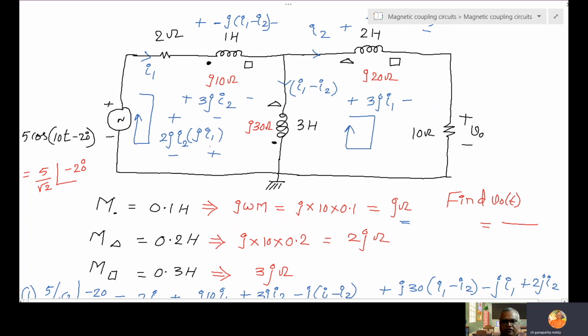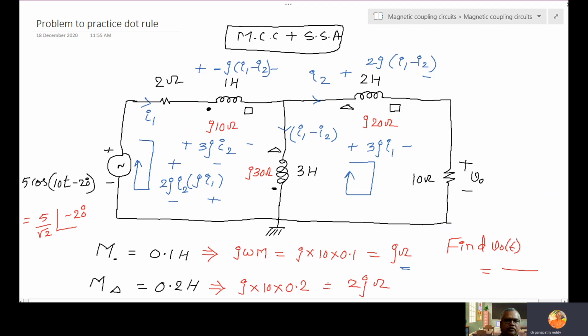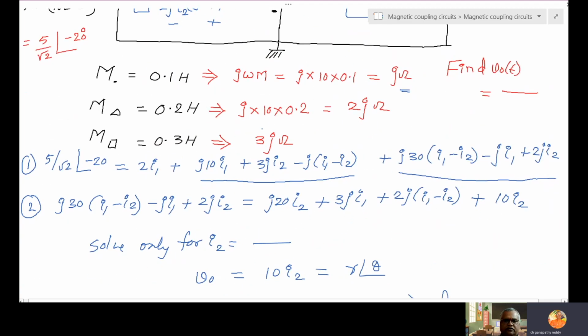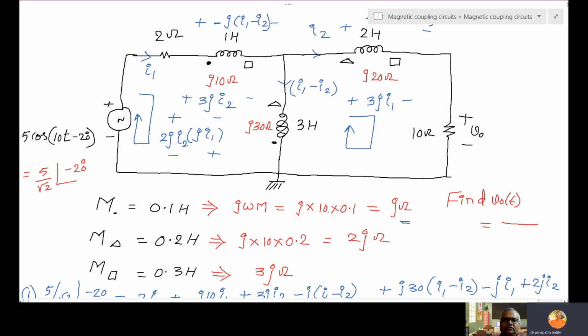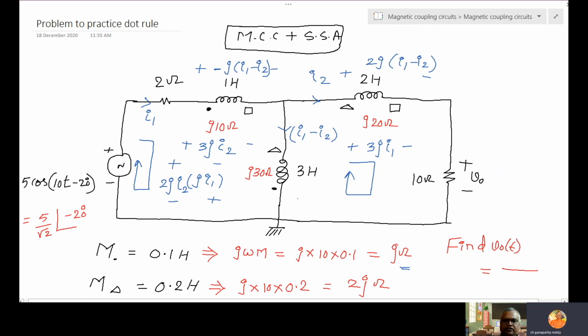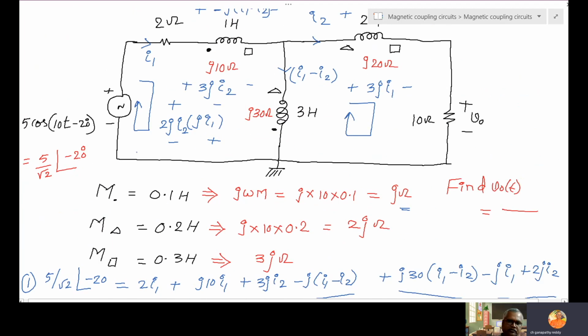Whenever source is available in trigonometric form, end answer also we need to express in trigonometric form. That is the rule. If source is given in phasor form directly, then all reactances will be given straight away. Our work is minimized. Then end answer also we express in phasor form only. These things we discussed in steady state analysis already. So we are using all the rules of steady state analysis, then write the mesh equation solved for V0.